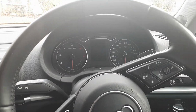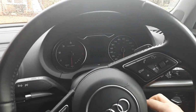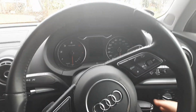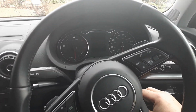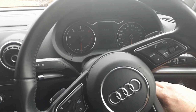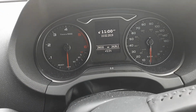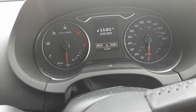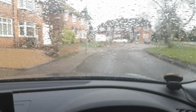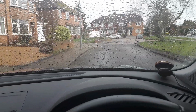Okay, another TVR Chimaera cold start test. Now you may all be wondering why I'm sat in an Audi. Well, this is my other car, and it's got a very reliable ambient temperature gauge on it. So we'll just pop that on there, and hopefully everybody can now see. It is 5.5 degrees C, so another cold day today, as we can see here. Also raining, which is horrible